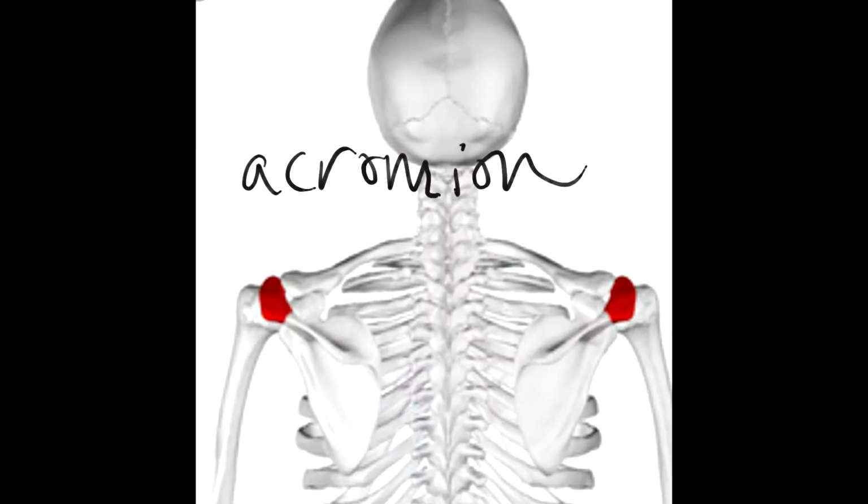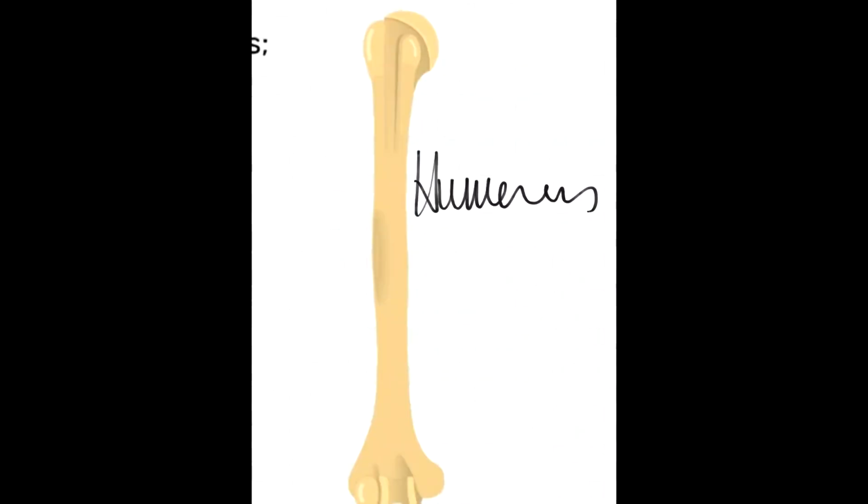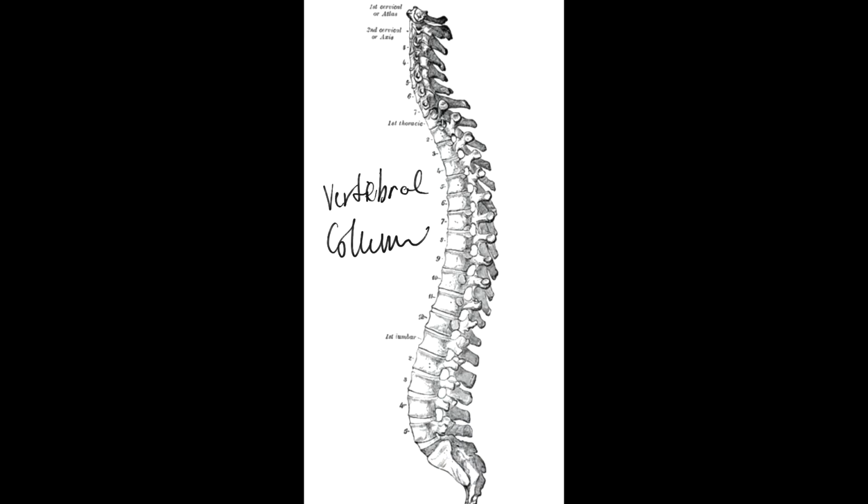and over the acromion of the scapula. The Latissimus Dorsi is a large lower back muscle which is attached to the humerus and is involved in movement. The Erector Spinae, which is another group of muscles in the back, run vertically from the lower back area up to the more superior vertebrae and ribs. As the name implies, these muscles are primarily involved in movement of the vertebral column and keep the spine in